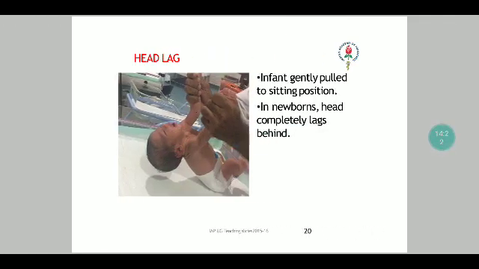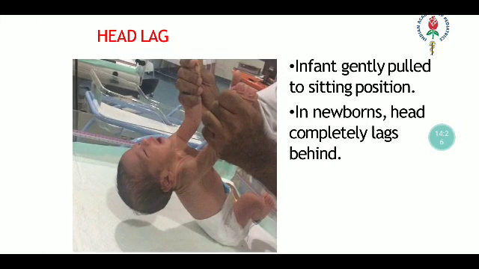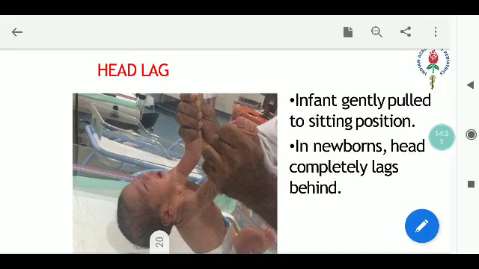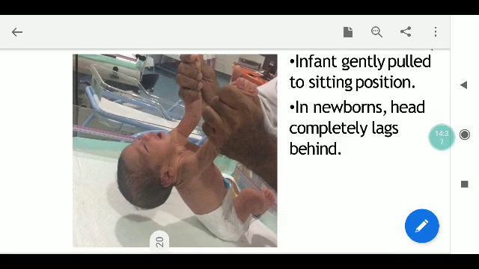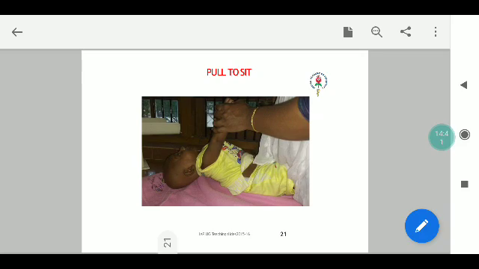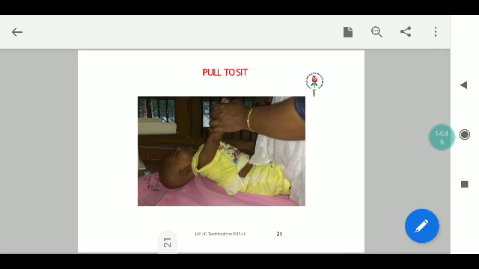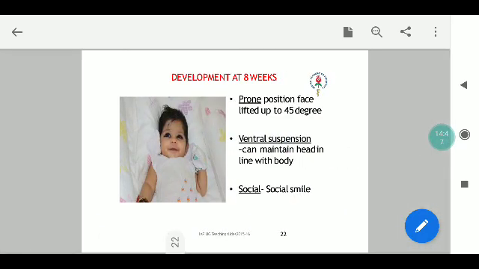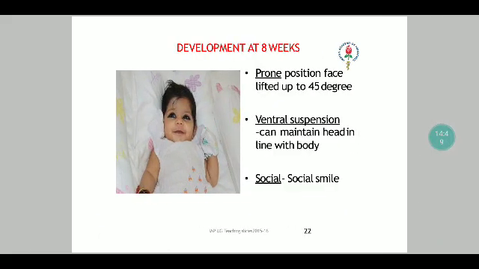So this is what you see in head lag. The photo demonstrates the procedure. In newborns, the head lags completely behind, and this occurs when the infant is gently pulled into a sitting position from lying down. While the torso of the baby will come forward, the head will remain back in the lagging position. Similarly, as you can see, this is the pull-to-sit maneuver, where you enable the child to sit up. Now coming to the development at 8 weeks,